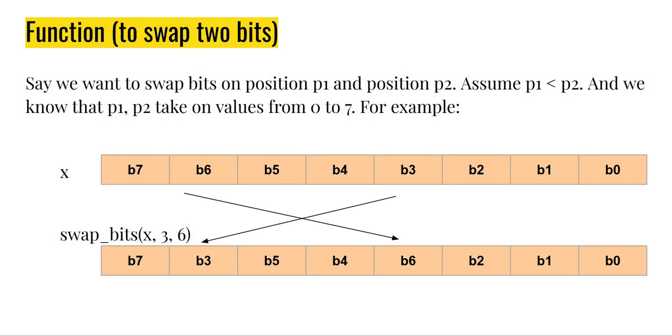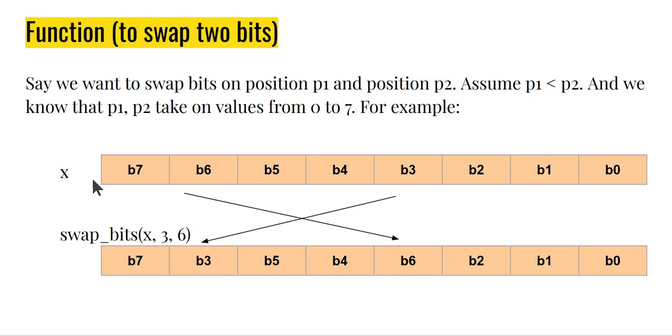Let's look at one more function using bitwise operators. Let's say in this function, we want to swap two bits from a given number. For example, let's say I have a number x, again, I'm looking at 8-bit numbers. So bits are B0 to B7, B0 being the least significant bit, the 0th bit. Now let's say I want to write a function where I want to interchange, for example, bit number 6 and